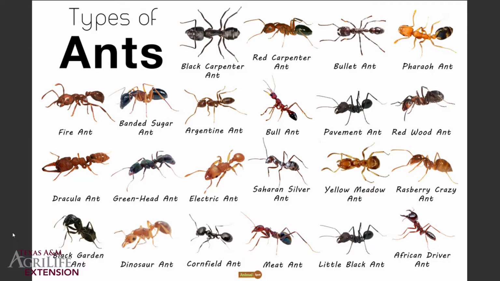We have about 75 different species of ants in the state of Texas alone, so you're going to have lots of different looks to the alates that might emerge, and you might find them at your windowsills or outside or somewhere like that. And not every single species is necessarily one to be overly concerned about. We have a lot of native ants that might come up through the outside of plumbing and be attracted to